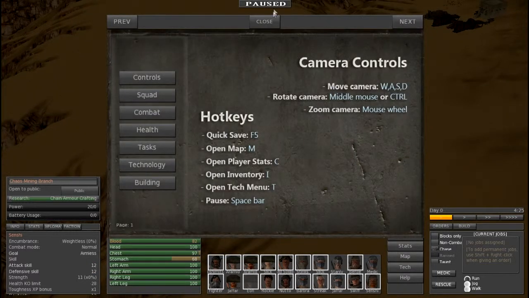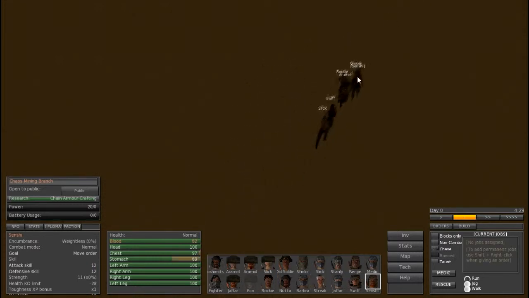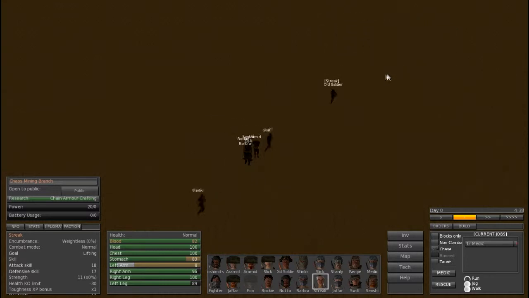Now we are still on our training as we left off last time. We're doing a bit of training. Oh, I didn't mean to click that. Who have we got as our fastest guy here? Streak, not Steak. We probably don't want Steak to be it. So we're going to pick up Old Soldier, just so we can get on our way as quick as possible,